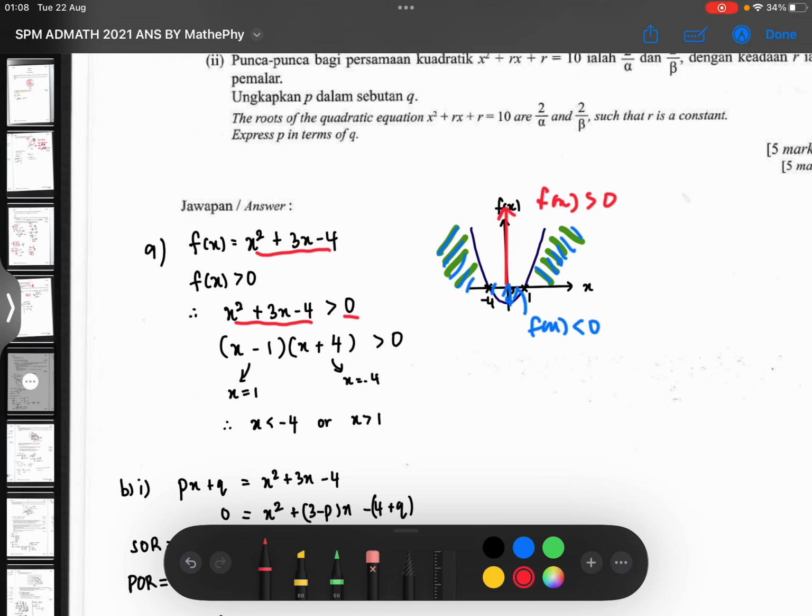So the inequality is satisfied when the x value is less than -4, which is to the left, and also when x is greater than 1, to the right. Okay,